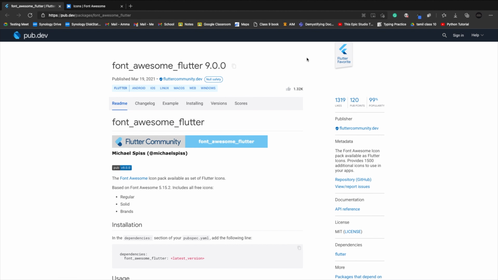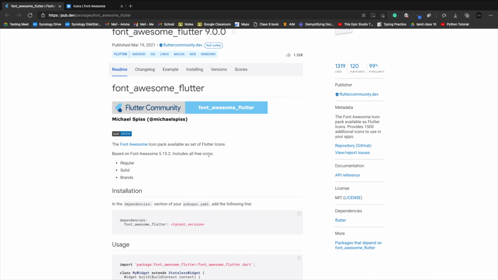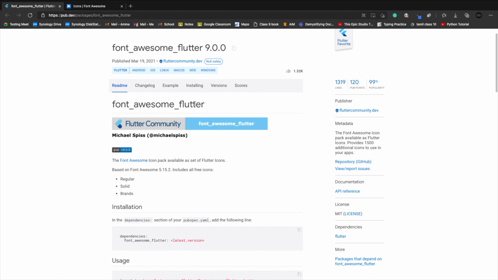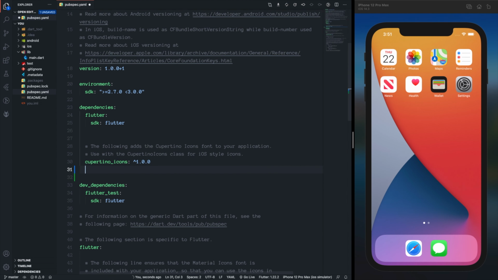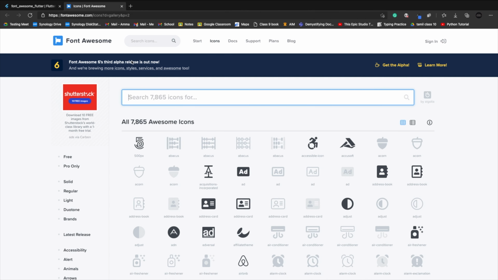Normally there are not going to be many changes when you are using this. The next version might just add more icons and nothing else will change majorly. I'm just going to add it over here, and if you want to know all the icons which are there, you can check it out over here.